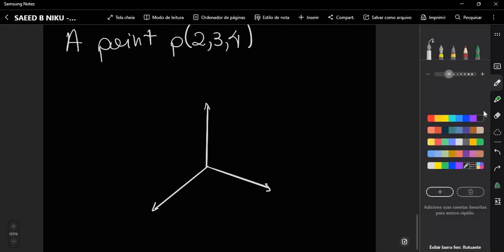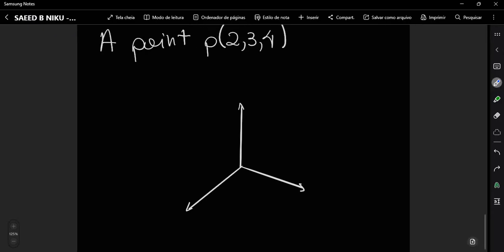So let's draw the other referential system. In this referential system,